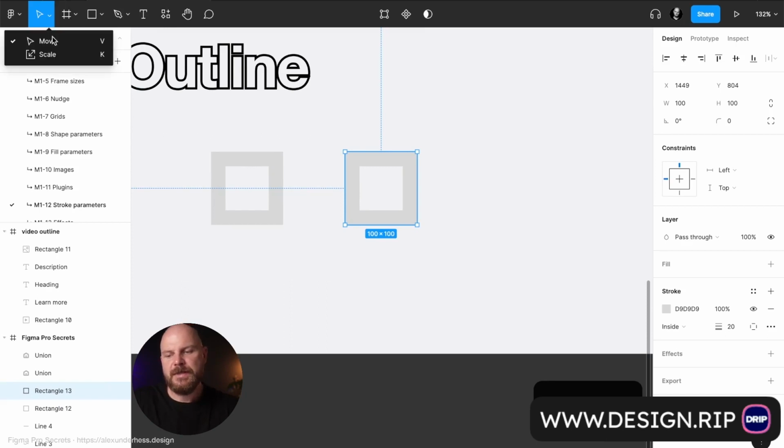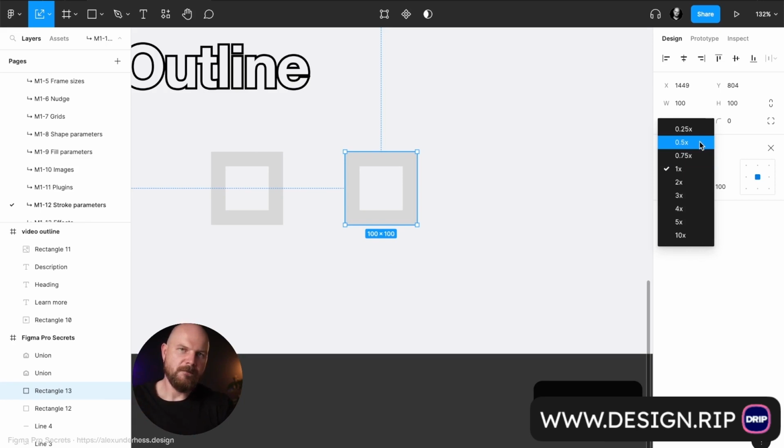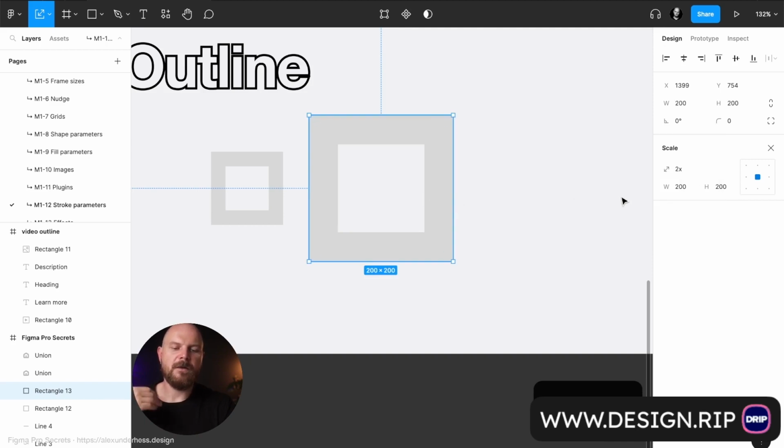But when I switch to scale tool, it will scale it, and you will see here scale. You can make it smaller, 2 times smaller. You can increase the size, 2x, 3x, 4x. Let's go with 2x so you understand what's happening. I press 2x and boom, now it got bigger. You see the different dots here. It means that this is the starting point